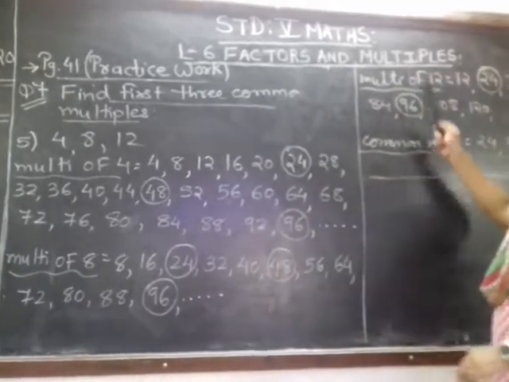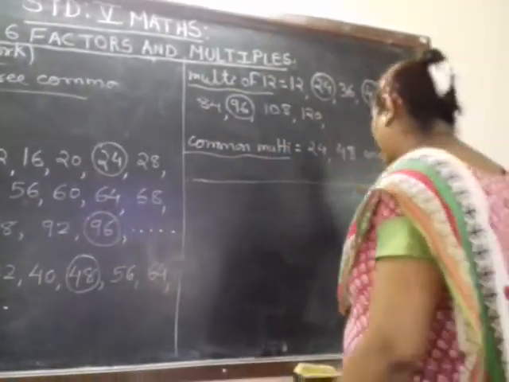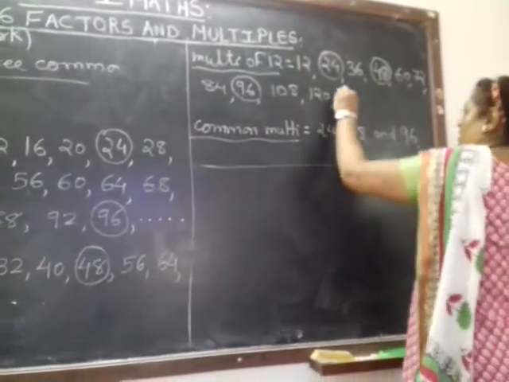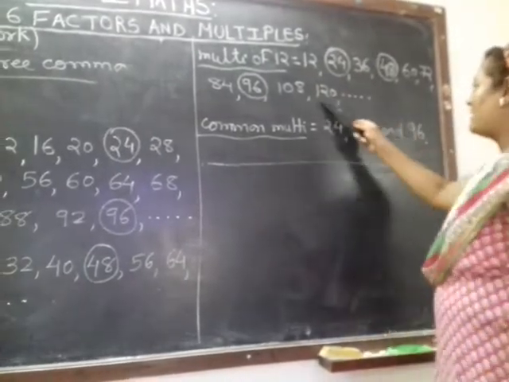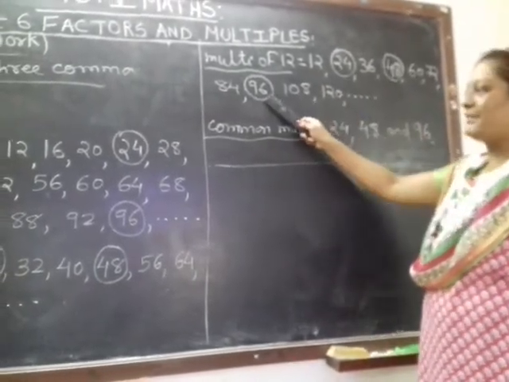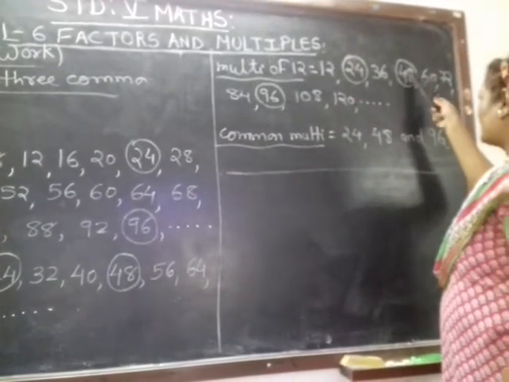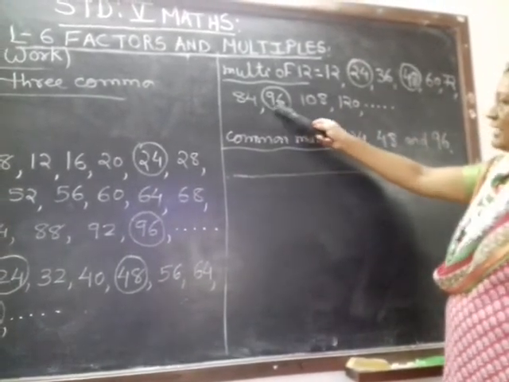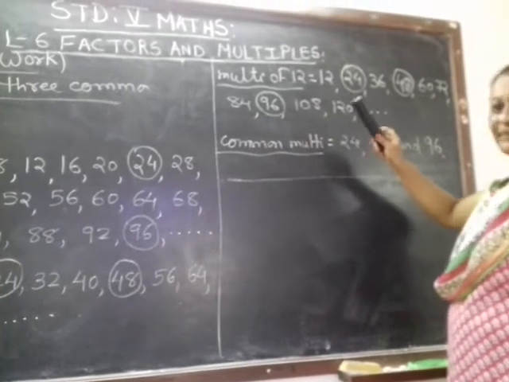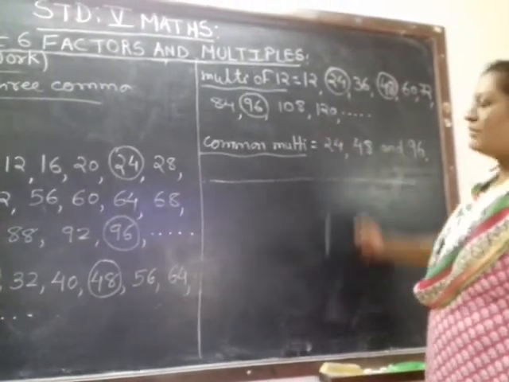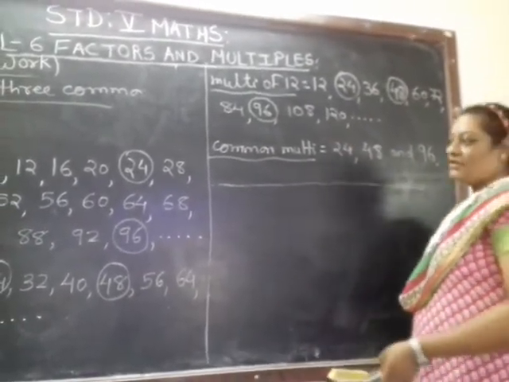Right? And if I write the table of 12, I do not have to extend the table of 12 because till 12 10s are 120, I am getting all the 3 multiples which I want. So 12 1s are 12, 2s are 24, 3s are 36, 48, 84, 96, 108, 120. These are the tables what I have written of multiples of 12. Now find out the common multiples.